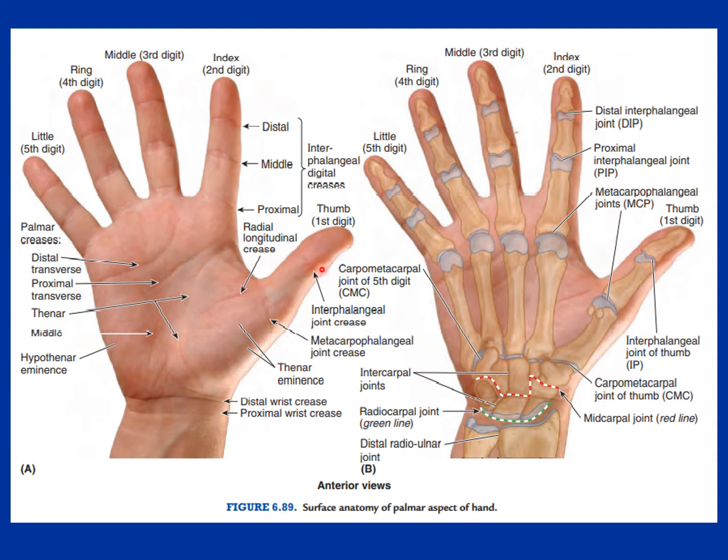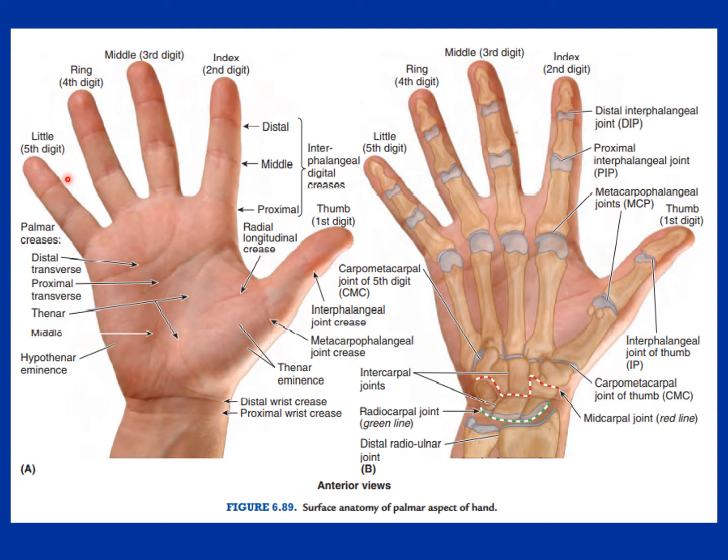Regarding the number of digits, every finger has 3 phalanges: distal, middle and proximal. The thumb has only 2, proximal and distal. And we count the fingers from the lateral side. So the thumb is the first, the index is the second, the middle finger is the third, the ring finger is the fourth, and the little finger is the fifth. You have to keep in mind the numbering of the fingers.